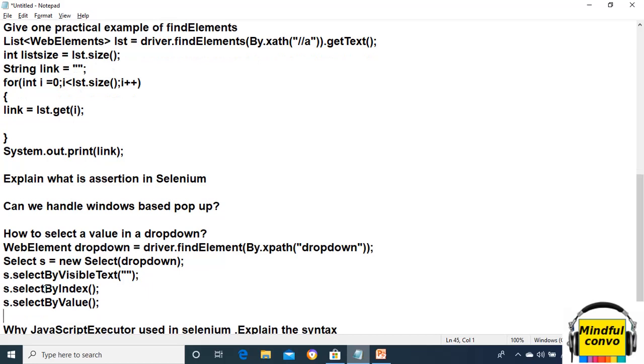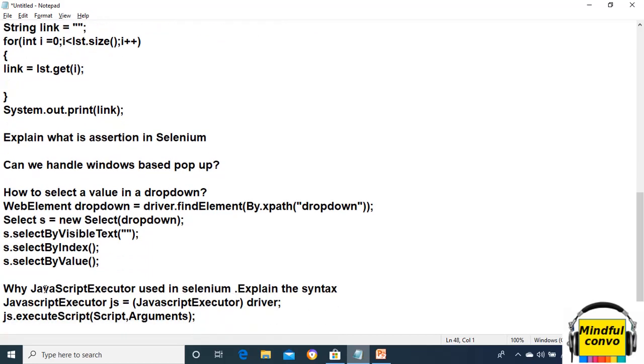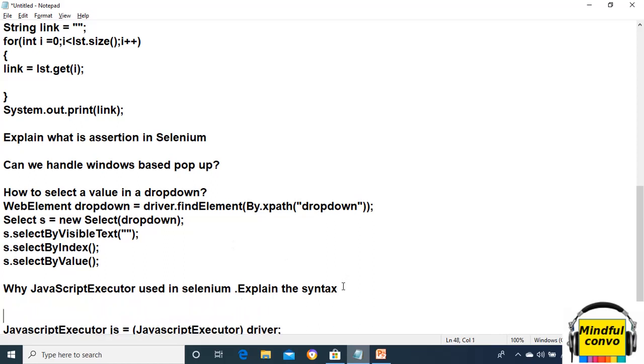Okay, now our next question, and the last question hopefully, is why is JavaScript executor used in Selenium, and explain the syntax. So our main question is, when we have the click function and the sendKeys function and other functions too, then why are we using the JavaScript executor? Sometimes the command used by Selenium does not react well.